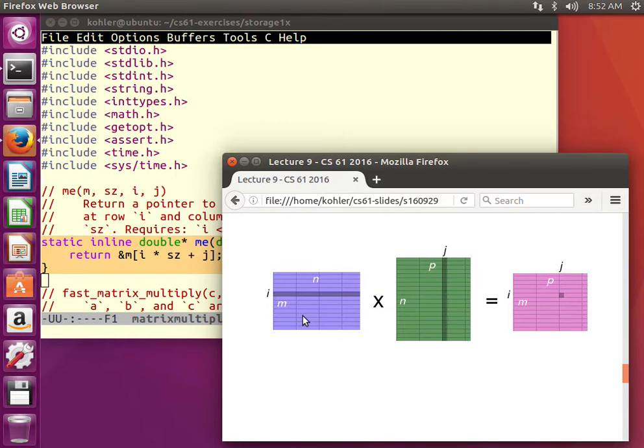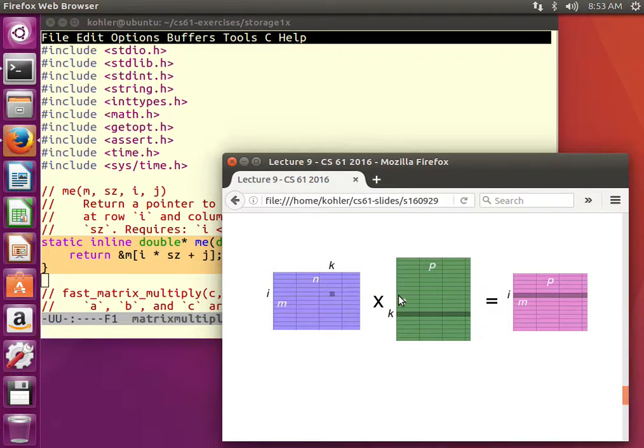Let's take a look. This is the original order. We access a single cache line in C. We access a relatively small number of cache lines in A, but we access one cache line per row in B. In our 1,000 by 1,000 matrix, this is going to be 1,000 divided by 8, roughly 125 cache lines in A, 1,000 in B, and 1 in C. So, 1,126 cache lines.